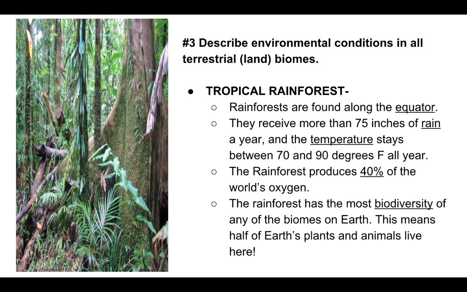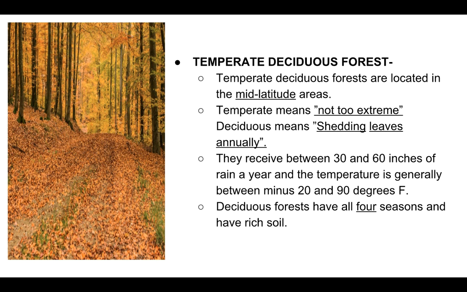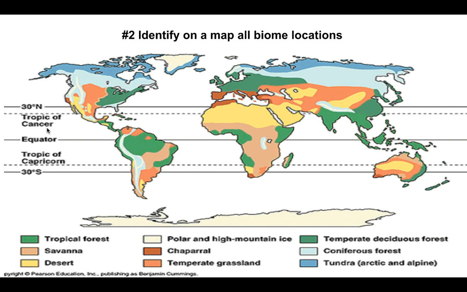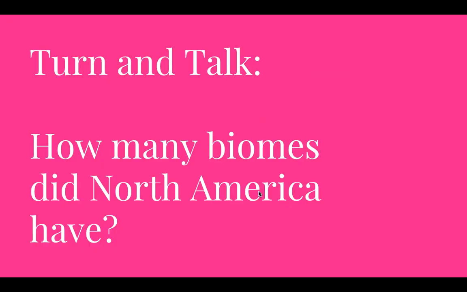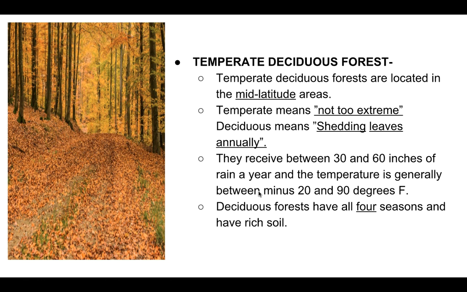All right, moving on to temperate deciduous forest, and this one should sound familiar. Temperate deciduous forests are located in mid-latitude areas. So let's look back at our map again. So these are these mid-latitude areas. This is square in the center of the earth, the equator. But deciduous forests are in this mid-latitude. They're about the midpoints in the north and midpoints in the south on the globe. So mid-latitude areas, temperate